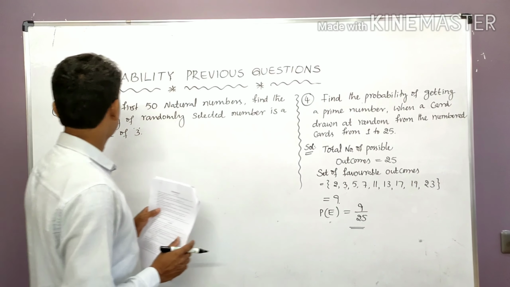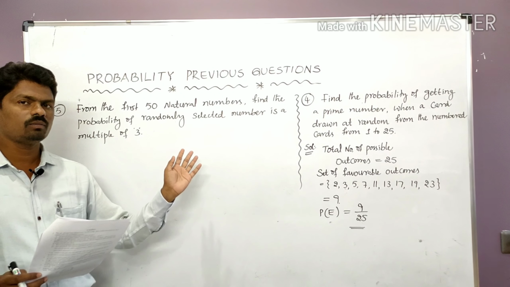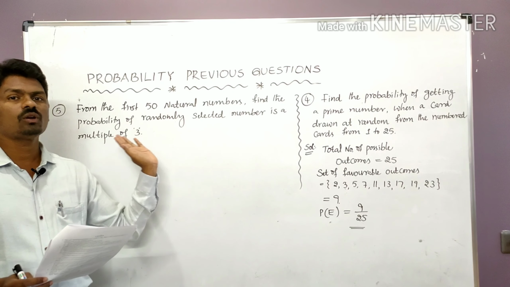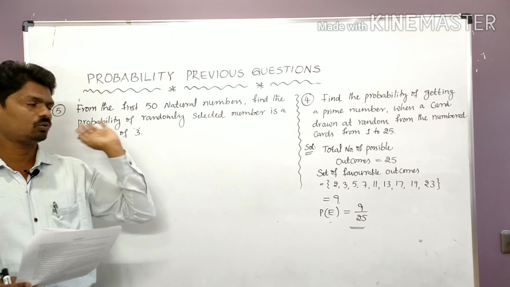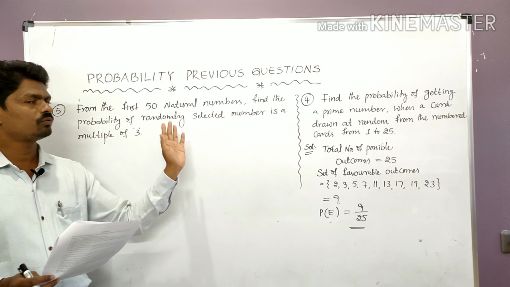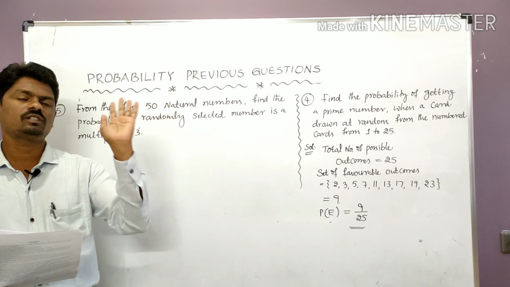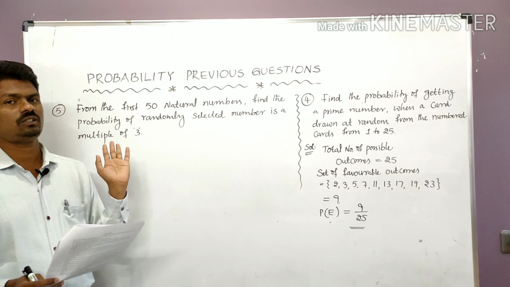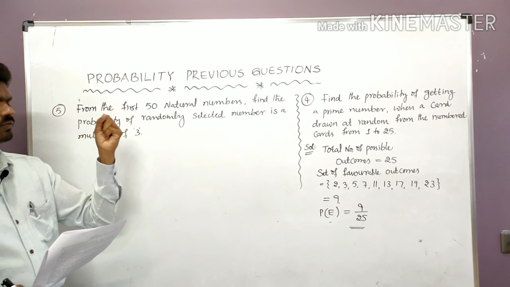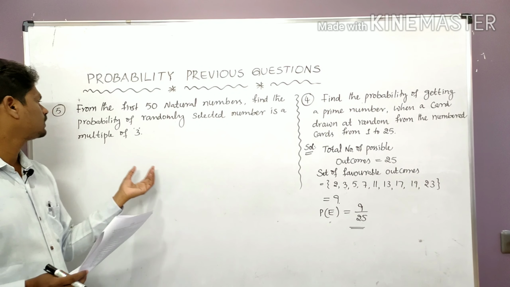Again students, there are some natural numbers. What are the natural numbers? They start from 1, 2, 3, 4 and so on. Natural numbers start from 1. What are the first 50 natural numbers? 1, 2, 3, 4, 5, 6, 7 up to 50 are the first 50 natural numbers. From these, if we select a number, what is the probability that the number is